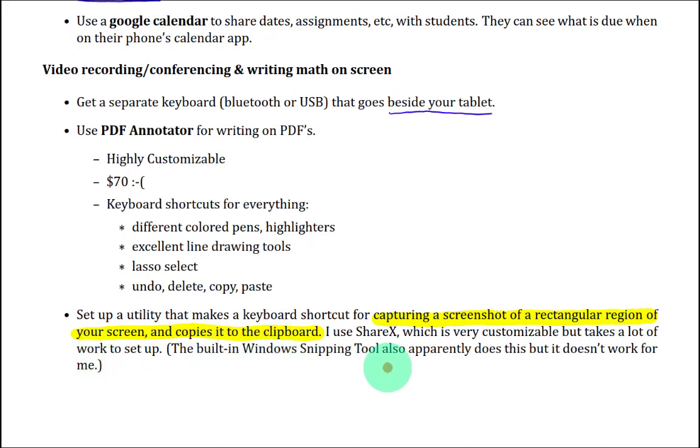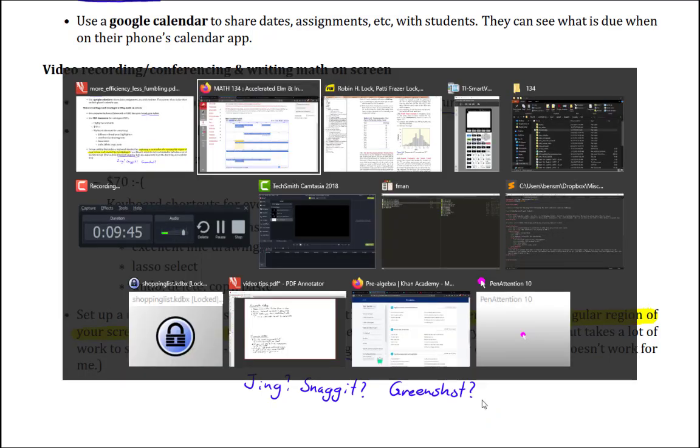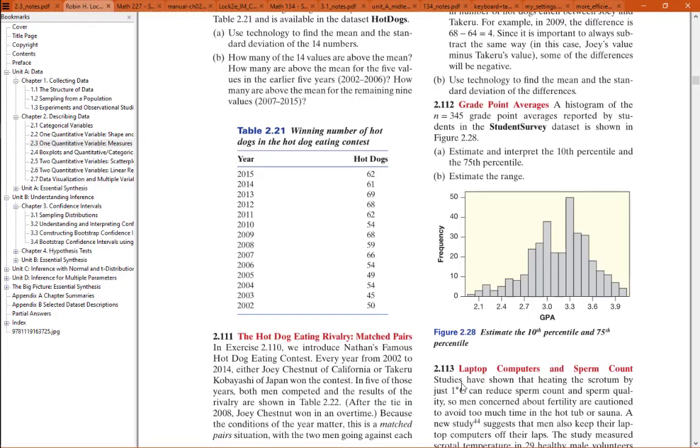The built-in window snipping tool also apparently does this, but it doesn't work for me the way I need to paste images into this software I'm using right here. But you might be able to make it work with a window snipping tool. I used to use a thing called Jing. I don't know if that exists anymore. There used to be one called Snagit. There's one called Greenshot. I tried, it was pretty good, but I don't know what else other people are using for this. So let me show you why this is so useful,